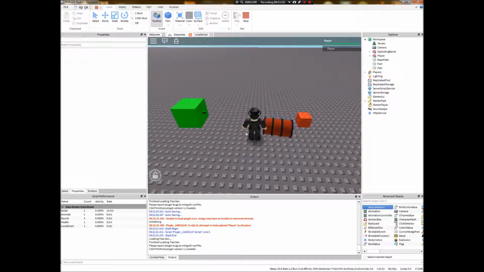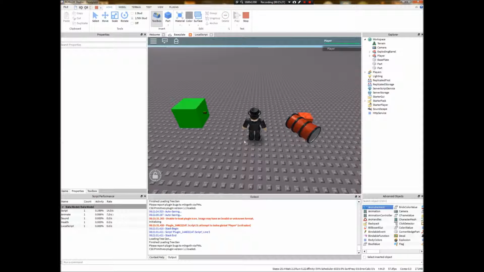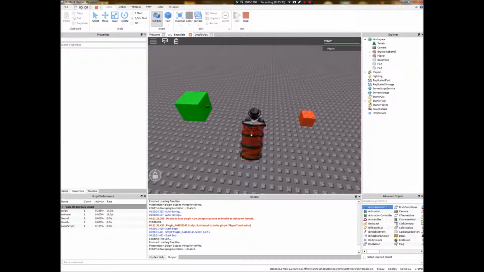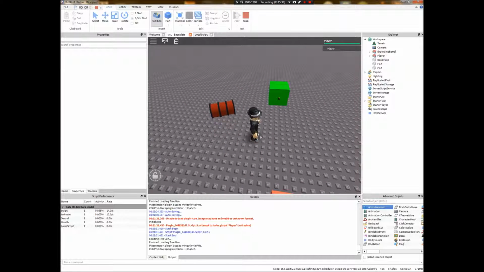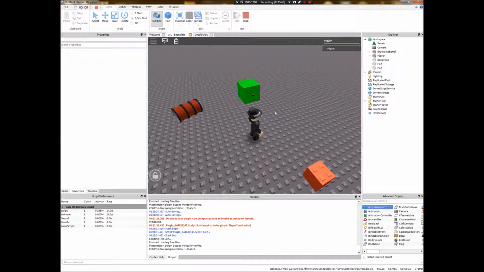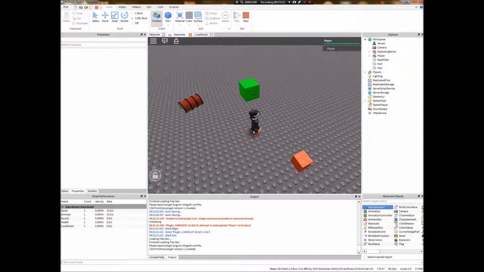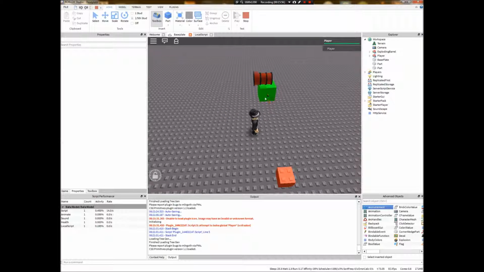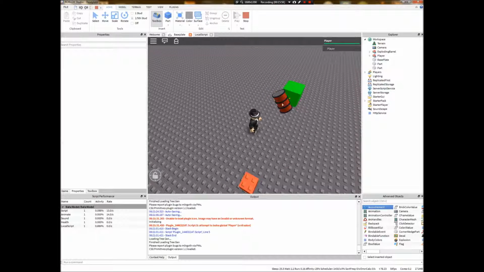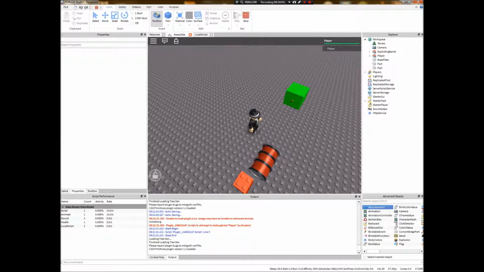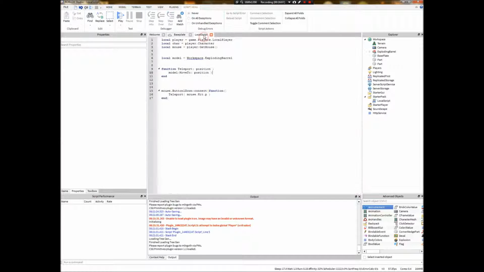As you notice though, with move to, it doesn't force a position. As you can see, I'm clicking here, just at the bottom of my feet, and it's putting the barrel on my head. So you might not want this, and in map scripts, map cycles and whatnot, you might want an exact position, a force position, which move to doesn't do. It's okay for most things, but the way to get around this is by using